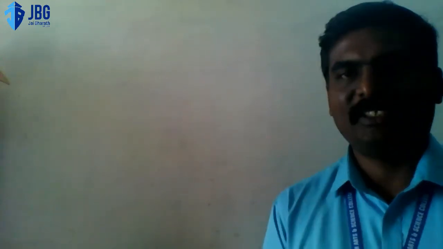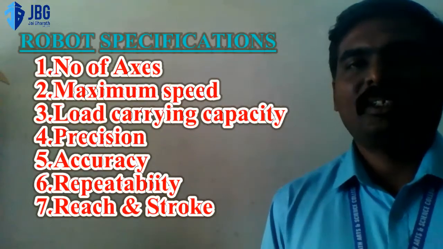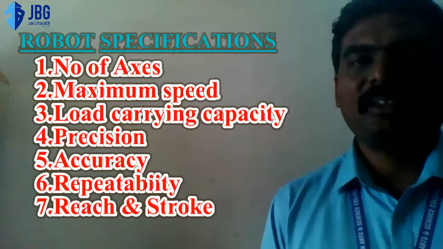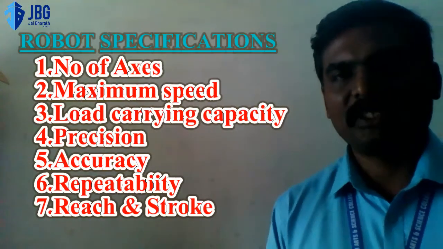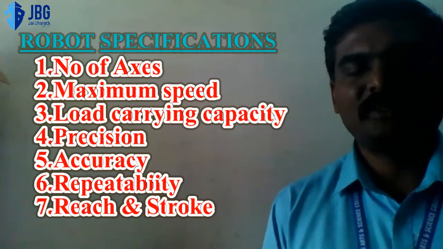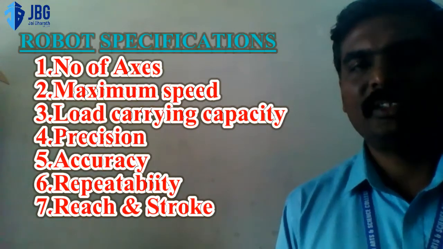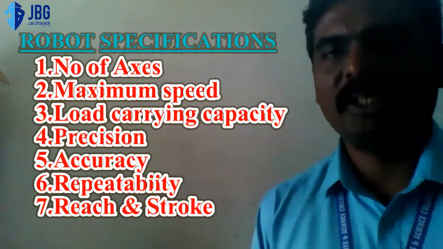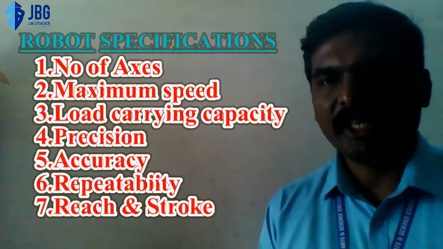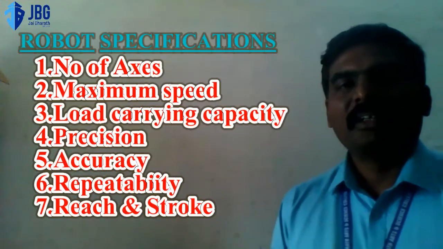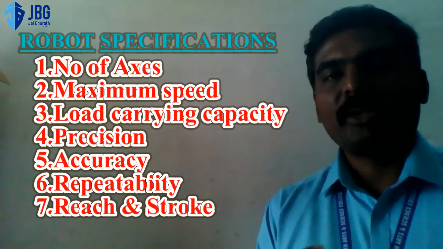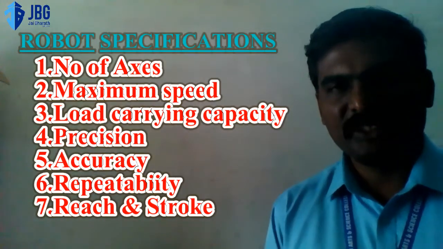We are going to discuss robot specifications. Robot specifications can be classified into different sections: number of axes, maximum tool tip speed, load carrying capacity, then accuracy, precision,